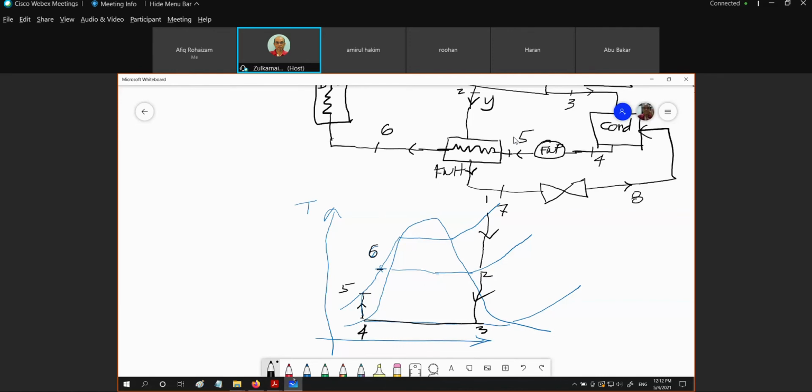And because we are assuming that all the heat available from the Y will be absorbed to increase the temperature from 5 to 6, now we can highlight the process from 5 to 6. From 5 to 6 is the increment of temperature due to the